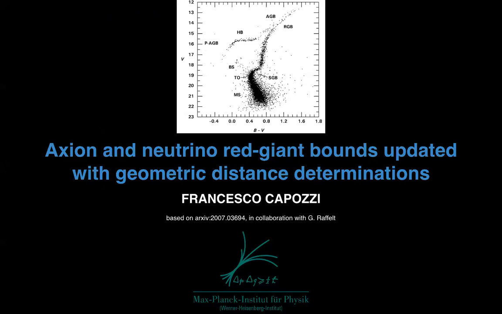My name is Francesco Capozzi, and I am currently a postdoc at the Max Planck Institute for Physics in Munich. And today I'm going to discuss a recent paper I've done in collaboration with Georg Raffelt. In this paper, we are basically updating the bounds on some non-standard neutrino properties that are given by red giant stars. So before starting, in order to understand how we can get bounds on axions using red giant